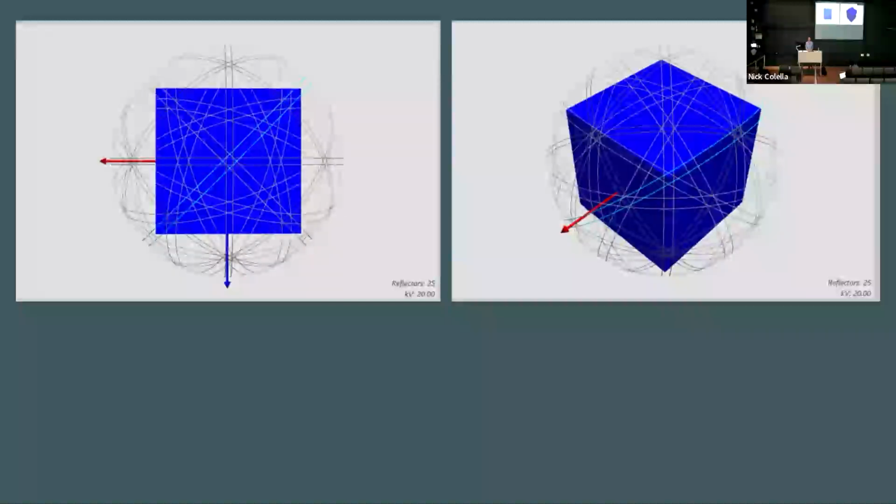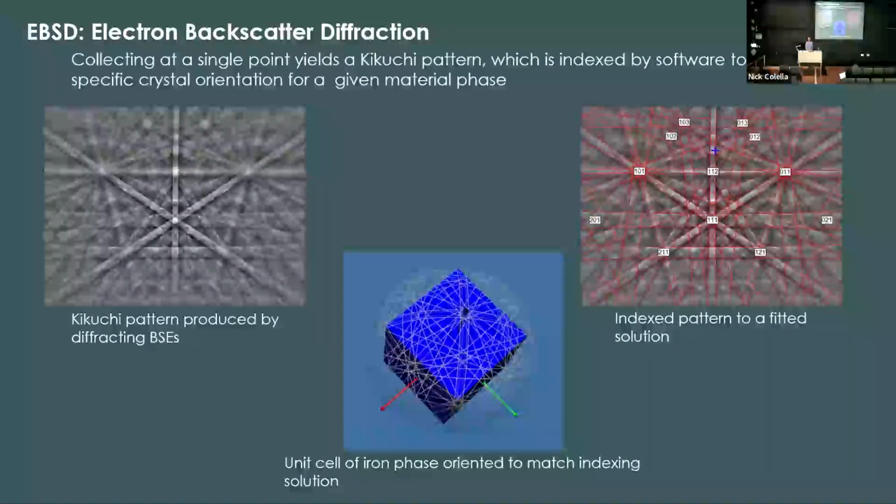This is a simulation of different spherical diffraction patterns from a cubic steel lattice. And we then take a photo of those as they hit a detection screen and form a 2D projection of that spherical simulation. The software that we use will then do what's called indexing, which matches the snapped photograph that we take and figures out what is the orientation of the lattice parameters of the material at that point where you generated that information. Pretty cool.